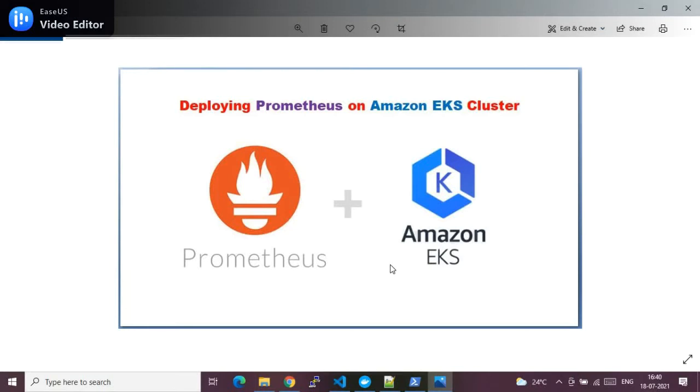In our case, we are using Amazon EKS, which is a managed Kubernetes cluster. In that Kubernetes cluster, you can host your workloads. That's the specialty of the Amazon EKS service. Once your workloads have been hosted on the EKS service, you need to have some monitoring tools, and this is where Prometheus comes into the picture. In this demo, once we have the EKS cluster created, we will host an example application into that cluster. After that, we will configure the Prometheus monitoring tool on that EKS cluster to monitor all the workloads and resources present on the Kubernetes cluster.